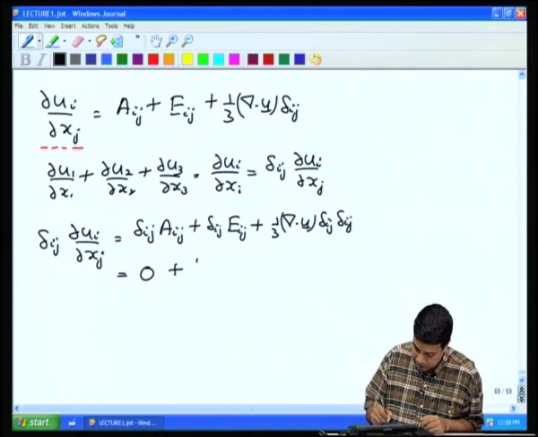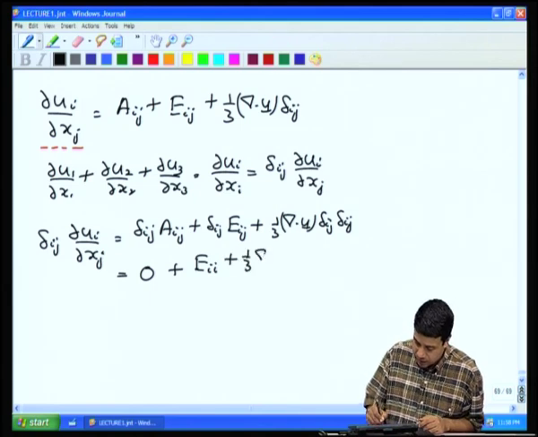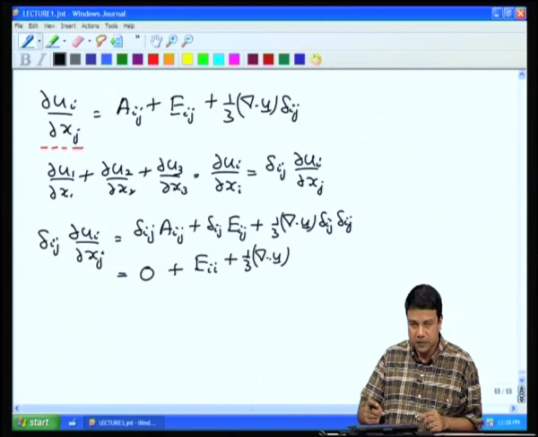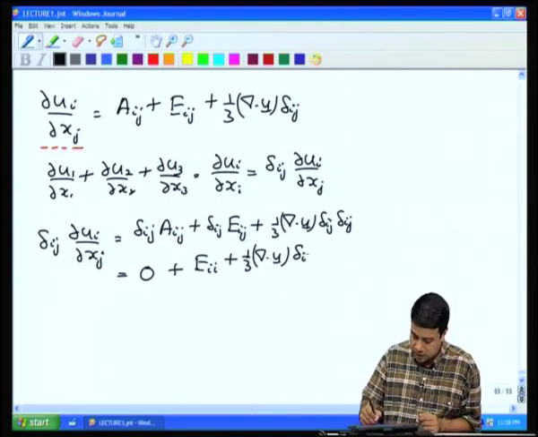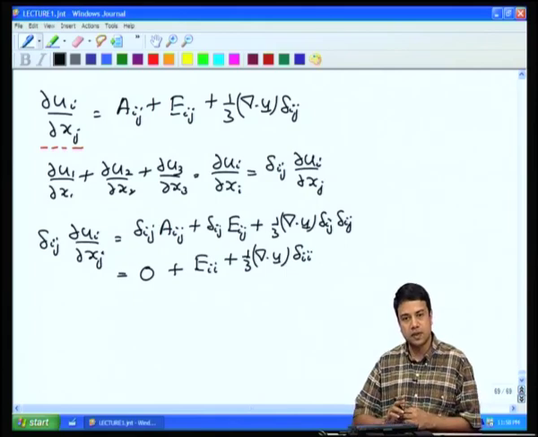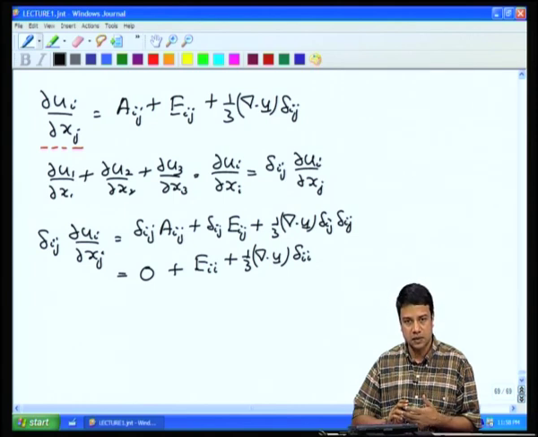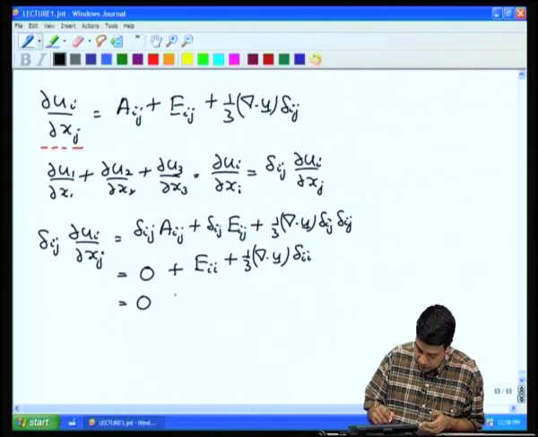So, this becomes Eii plus 1/3 del dot u. Delta ij times delta ij is just delta ii, because it is non-zero only when i is equal to j. What is delta ii? Delta ii is delta 11 plus delta 22 plus delta 33. 1 plus 1 plus 1, that is 3. So, this becomes equal to 0 plus Eii plus